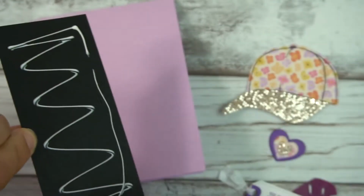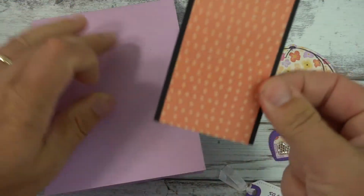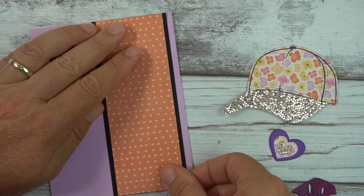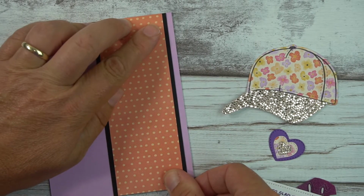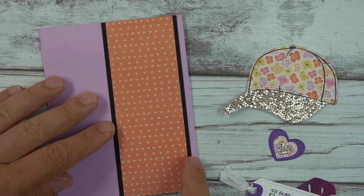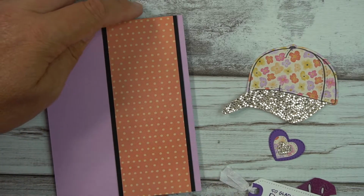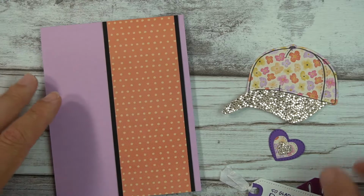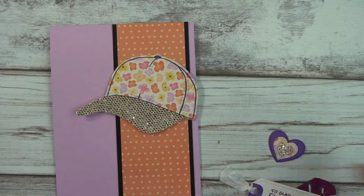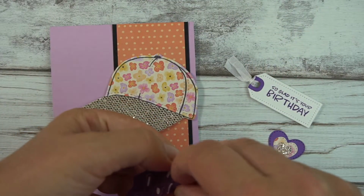and this kind of anchors the card together visually to have some kind of something on it, not just trying to put it on the blank card. But this is, by the way, 2 inches, and then 2 1/4 is the black matte, and it's cut the full length of the card, which is 5 1/2. So the first thing I'm going to do now, well, actually, before I get ahead of myself, I need to add this